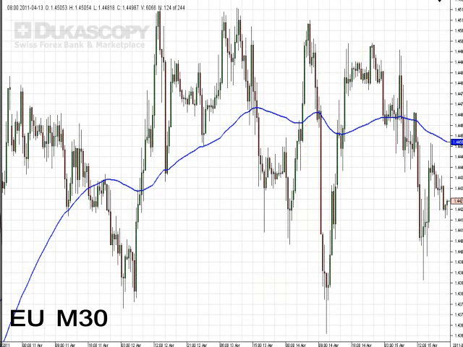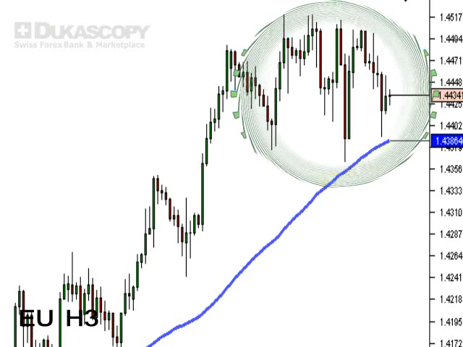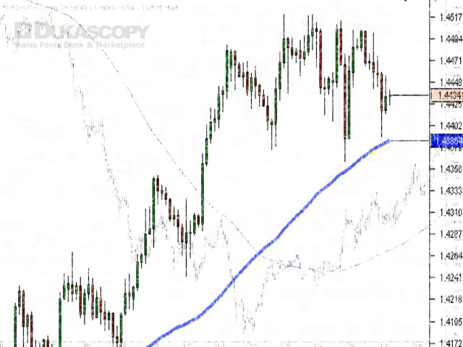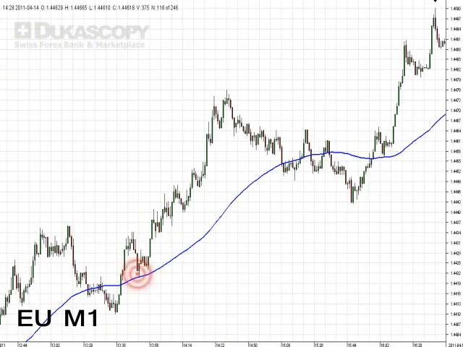What followed was a 71 pip rally to the weekly highs for the 4th time this week. This trip into resistance caused the pair to drop by 146 pips, coming to rest 10 pips shy of the 3-hour 108 weighted moving average. And once again, it was pullback confirmation from the 1-minute line that signaled the start of a 100-pip rally back